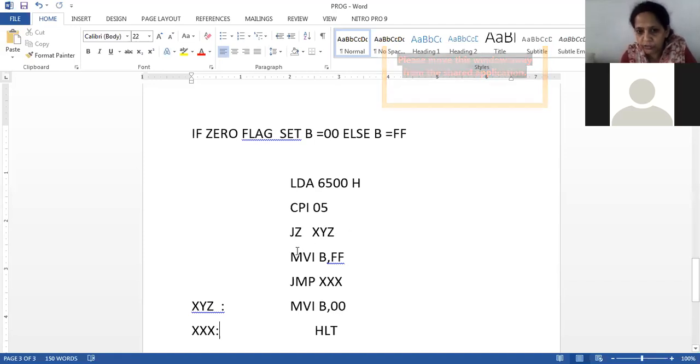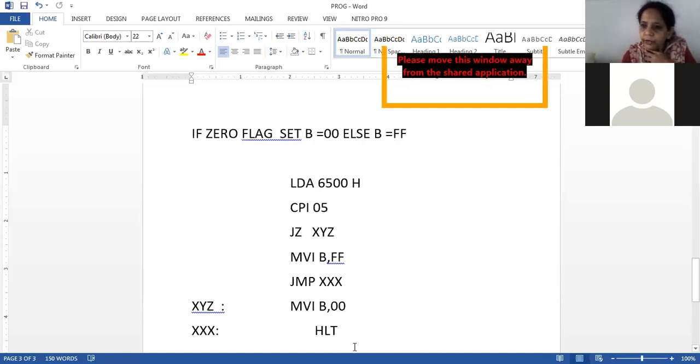So it is false, and it will do MVI B, FF because we want the B value to be FF if both are not the same. And then I'm asking it to jump to XXX, this particular label, where it is halting the program. So from here, it is directly going to this part of the program.